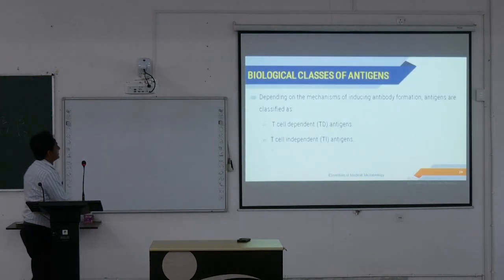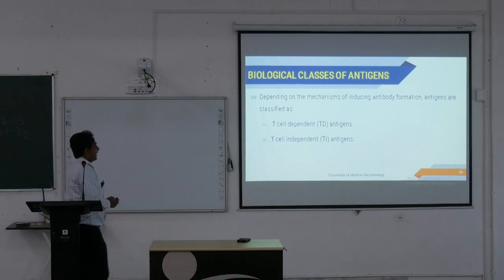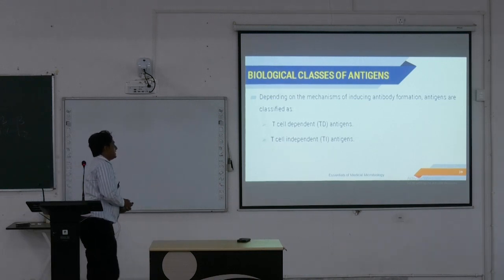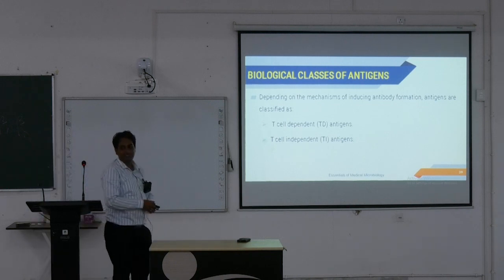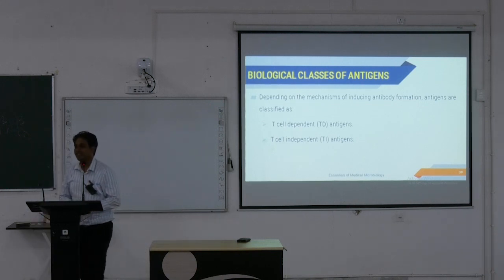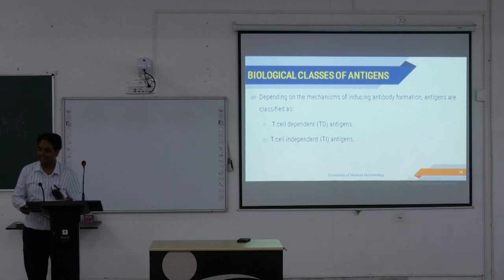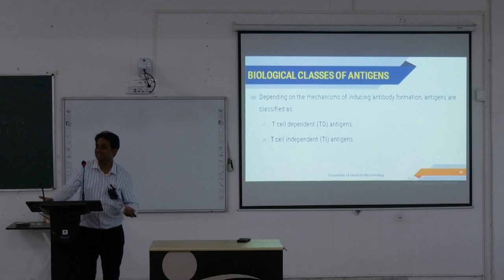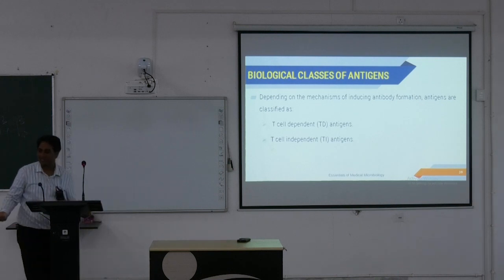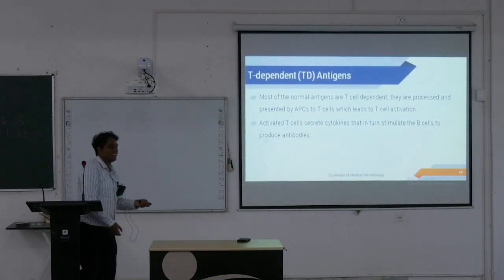এবার হচ্ছে বায়োলজিক্যাল ক্লাসেস অফ অ্যান্টিজেন। দুই রকম অ্যান্টিজেন হয়, টি সেল ডিপেন্ডেন্ট অ্যান্টিজেন আর টি সেল ইন্ডিপেন্ডেন্ট অ্যান্টিজেন। এইটা কেন জানতে হবে? কারণ এই ডিফারেন্সটা পরীক্ষায় আসে। পাতি বাংলা কথা পরীক্ষায় আসে, তাই জানতে হবে।